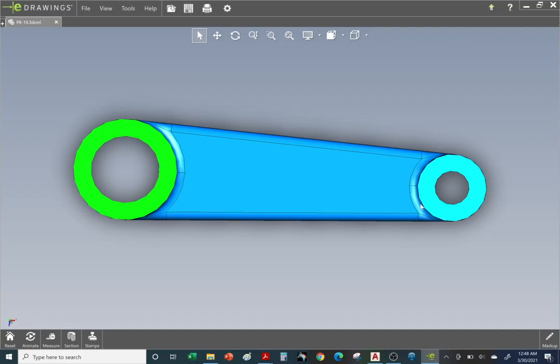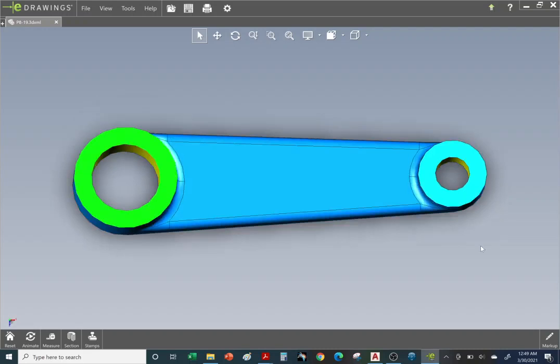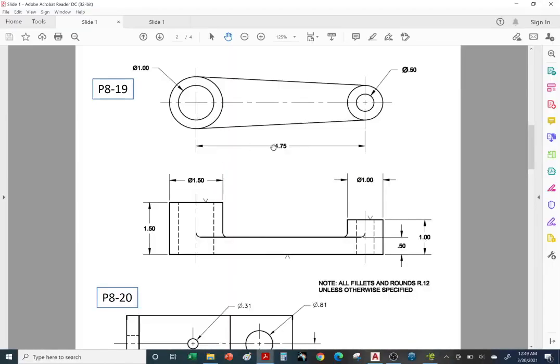Okay, so we need to draw circles and then connect the circles. We'll go with the large diameters first, and then we'll do the holes. All right, so let's go back and take a look at the answer key. Okay, so once again, notice